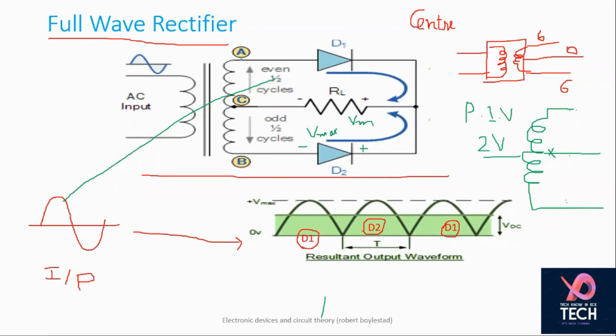And why we want this? Because we want to construct a rectifier like that so that it can be working on full waves. But the problem with this kind of construction is center tap is costly, because this construction requires so much delicacy. And second thing is peak inverse voltage in this case across diode is 2V, maximum voltage 2V. So that might damage your diode. So that means you are supposed to use diode with high ratings so that they cannot be damaged in case of a reverse bias operation.